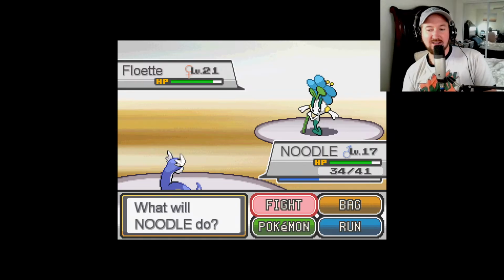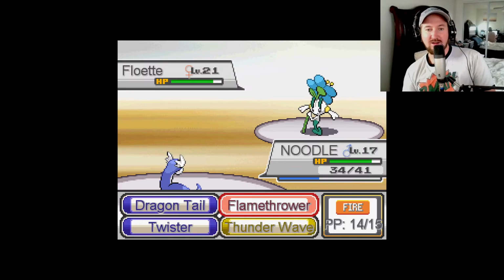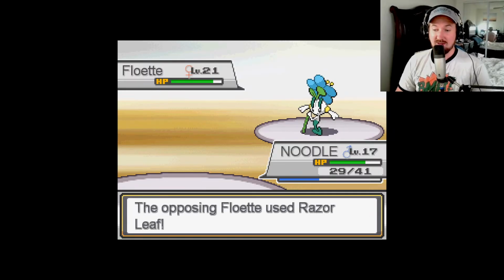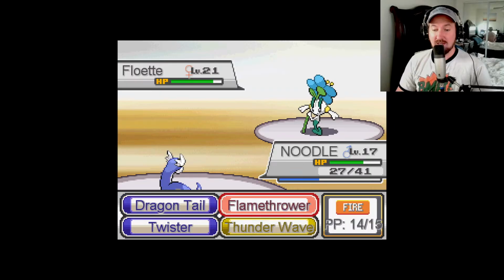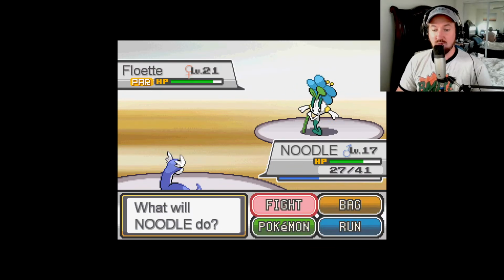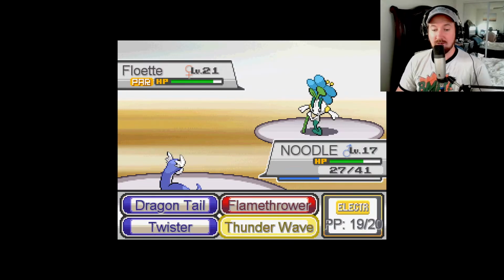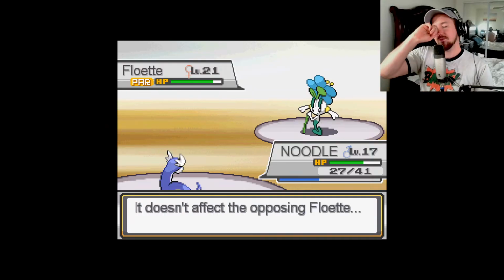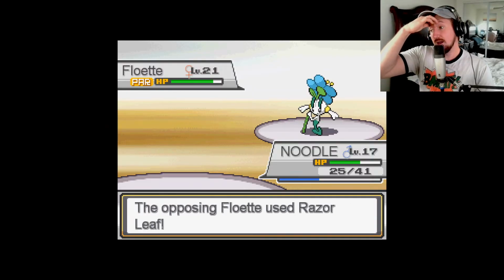I can see the chat doing stuff, but... Oh, is this gonna screw me? Doesn't affect. Okay. Well, let's try paralyzing, because I have one healing item. Okay, we gotta paralyze. Twister doesn't work. He's fairy type.